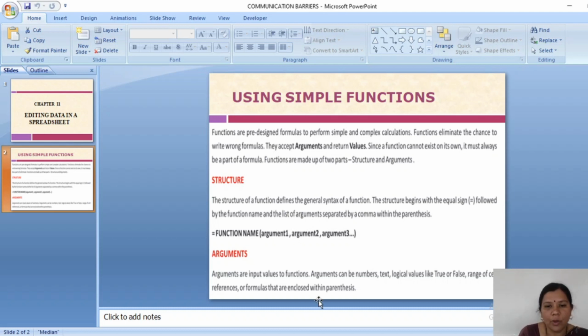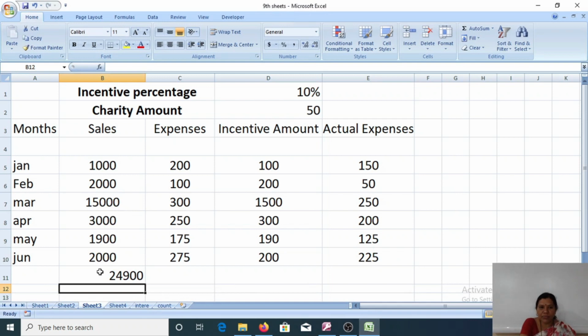And now come to the arguments. Arguments are the input values to functions. An argument can be text, logical values like true or false, range of cell references, or formulas that are enclosed within parentheses. To get the total amount, in the formula bar you observe that it is equals to sum B5 colon B10.